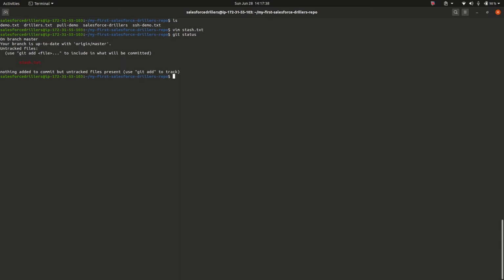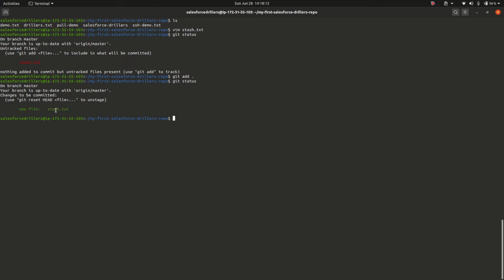And what is git status? Git status is used to check the status of our local system working repository with the remote one. As we can see, it is saying that a new file has been added. So now let us add this file, that is git add. What is git add? Git add moves the changes from the local system working repository to the staging area. Now if I do git status, it will show me that a new file has been added. So git add means our on your marks step.